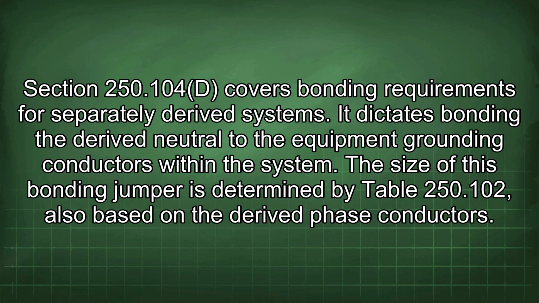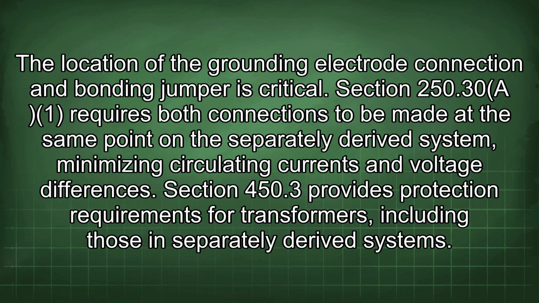Section 250.104(D) covers bonding requirements for separately derived systems. It dictates bonding the derived neutral to the equipment grounding conductors within the system. The size of this bonding jumper is determined by Table 250.102, also based on the derived phase conductors. The location of the grounding electrode connection and bonding jumper is critical. Section 250.30(A) requires both connections to be made at the same point on the separately derived system, minimizing circulating currents